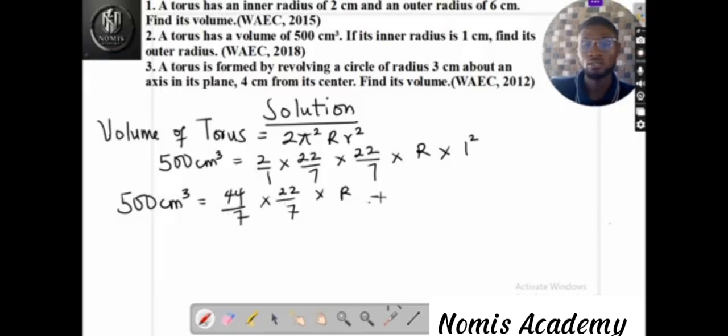So this can be transposed to be 500 centimeter cube equal to 44 multiplied by 22, 968. So this is 968 all over